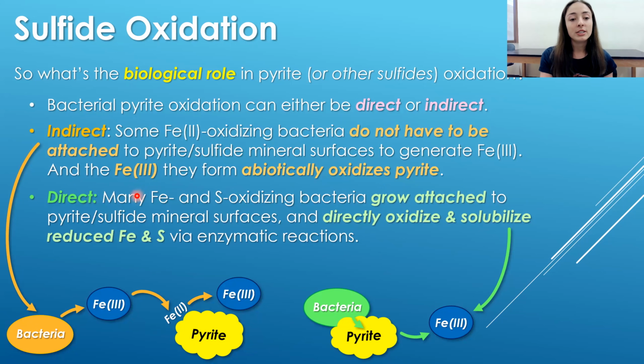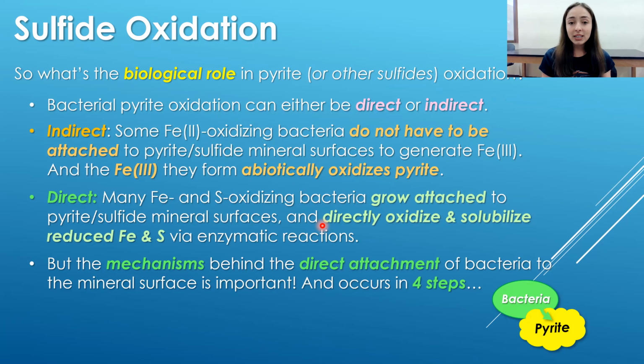But there are also bacteria that directly oxidize and dissolve sulfide minerals like pyrite, and these are iron and sulfide oxidizing bacteria that grow attached to pyrite and sulfide mineral surfaces. And this attachment allows them to directly oxidize and dissolve the reduced iron and sulfur compounds via enzymatic reactions. But the mechanisms behind this direct attachment of these directly oxidizing sulfide mineral bacteria is important, and it happens in